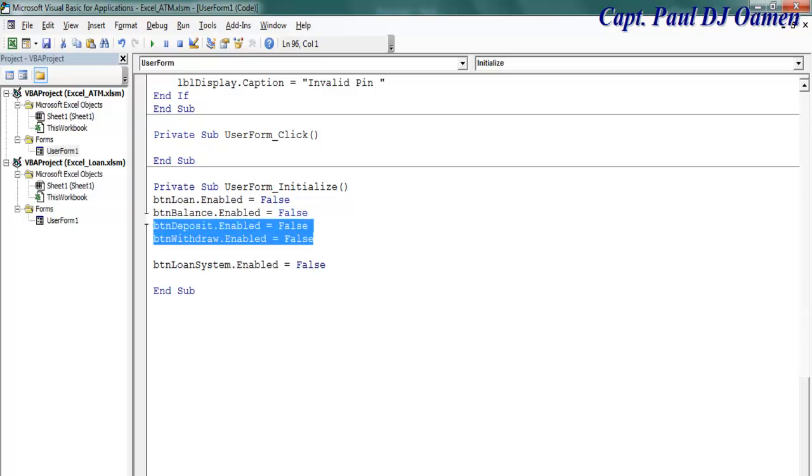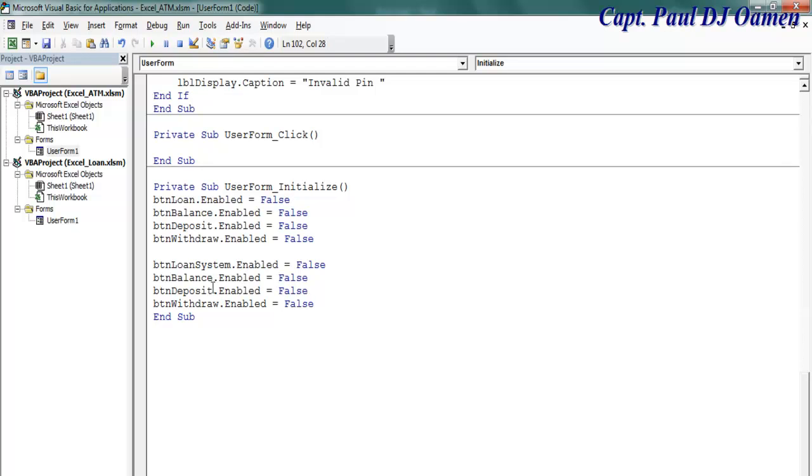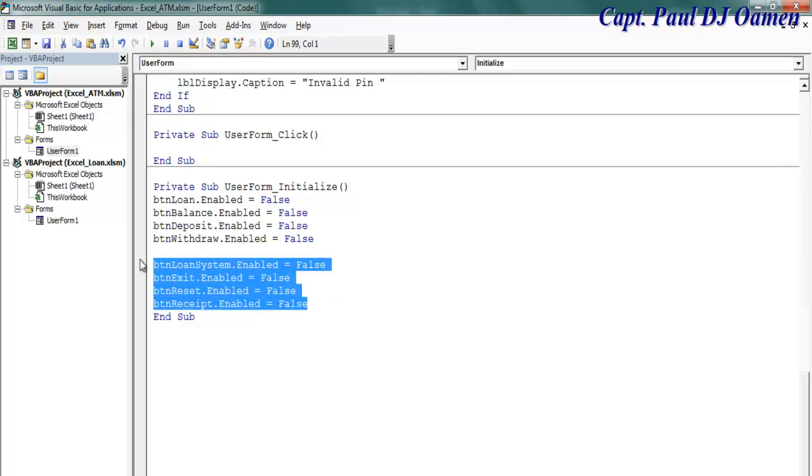Let's copy 3 more and change the names around as exit, and that is reset, and this will be reset. There. Now copy these 4 lines of code,